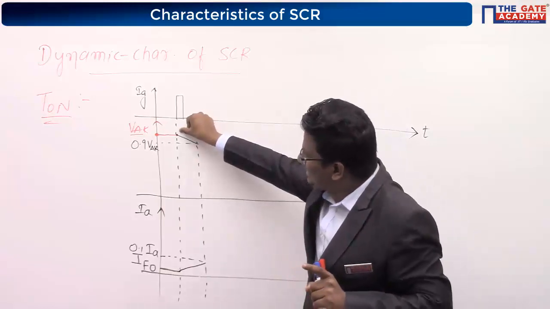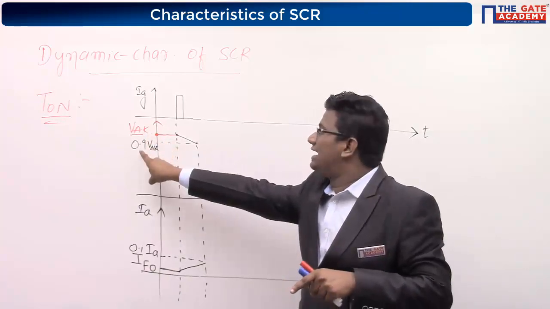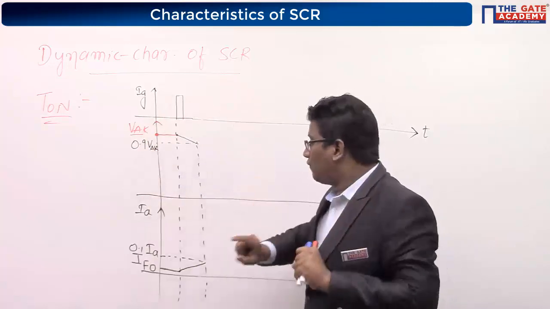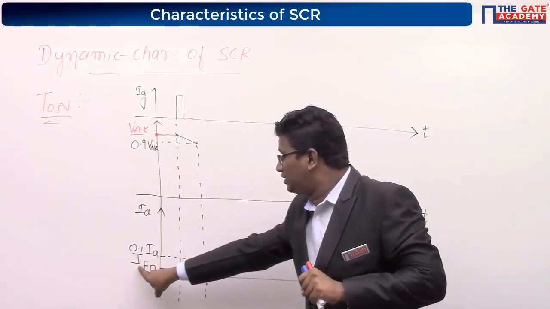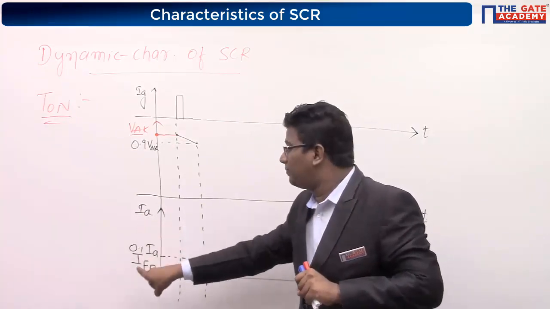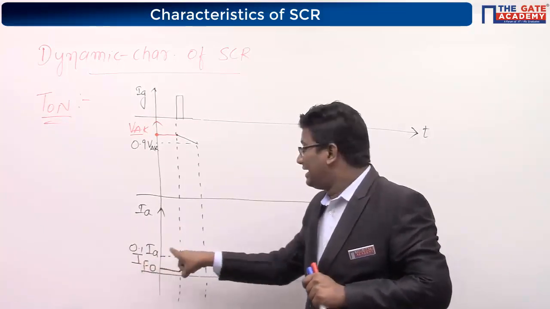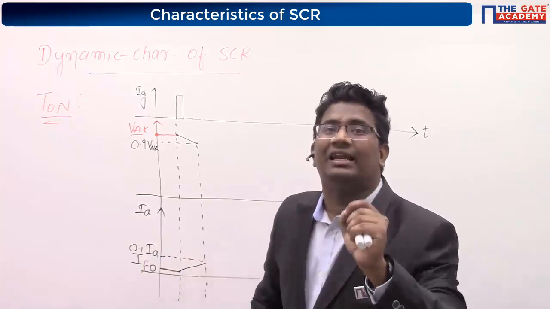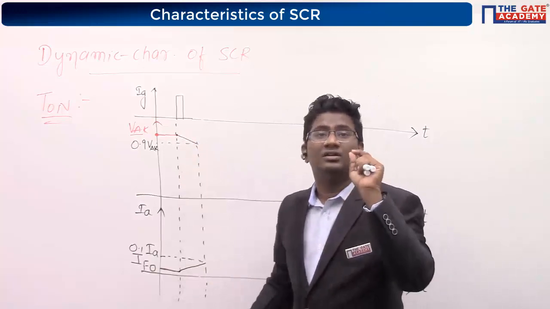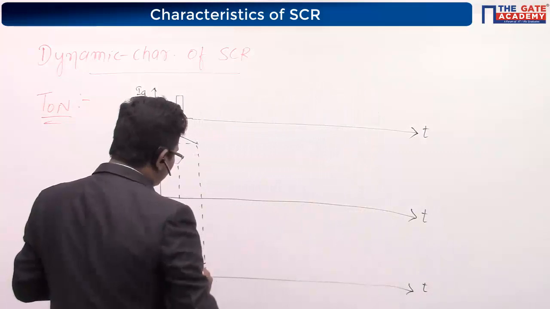So it is decreasing from 100% of the anode to cathode voltage to 90%, and your anode current is increased from the forward leakage current to 10% of the rated current. That particular time is called delay time,